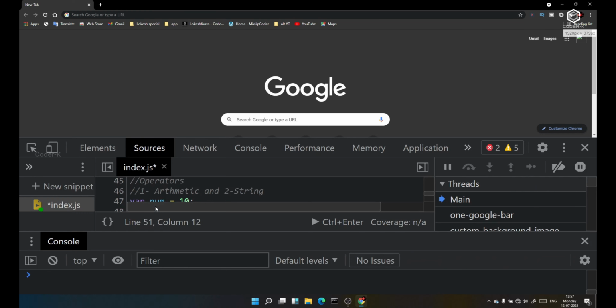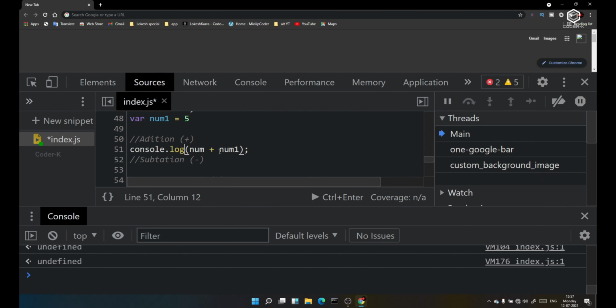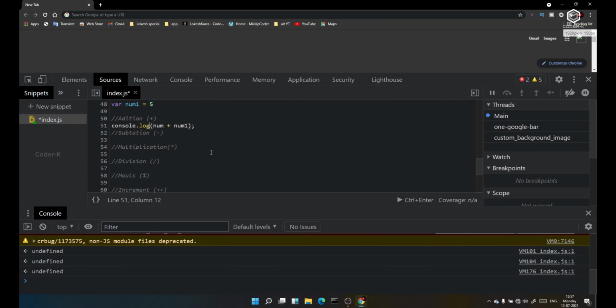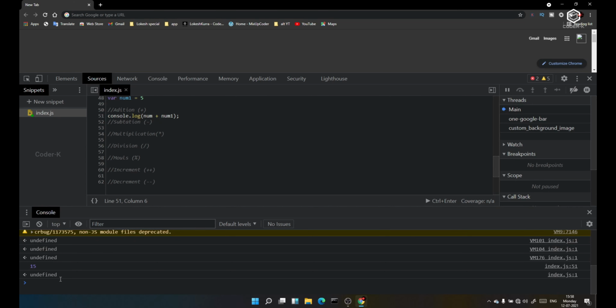Let me zoom the things. We don't require this much zooming. Okay, now it is good. Let me decrease a while. Okay, now it is perfect. You can see this visibility, addition. I added a console.log. Here you can see the result. Going to press it here. You can see it added. And even we copy this thing.